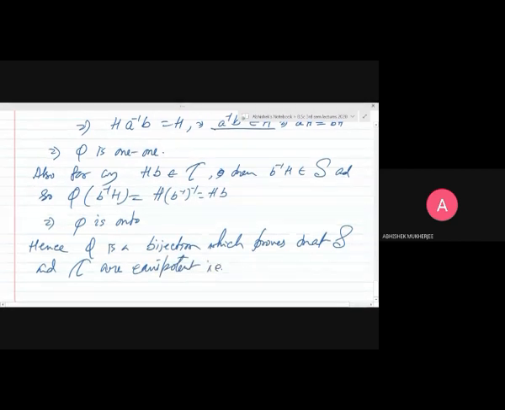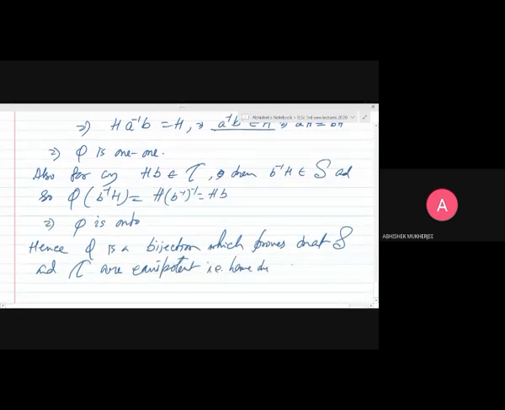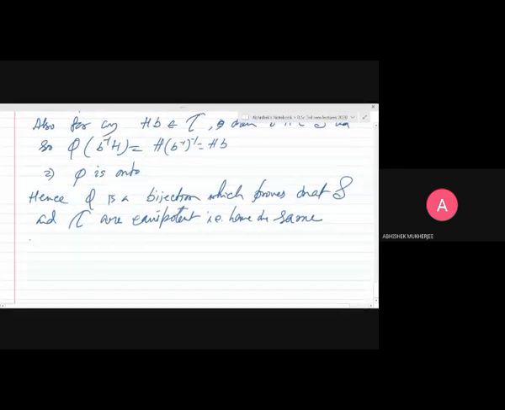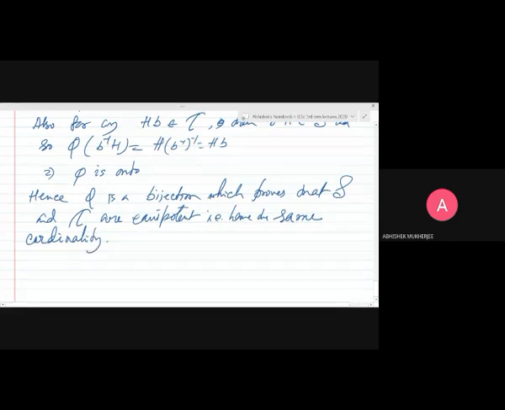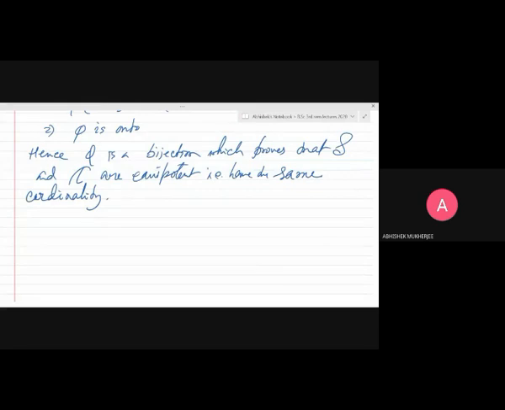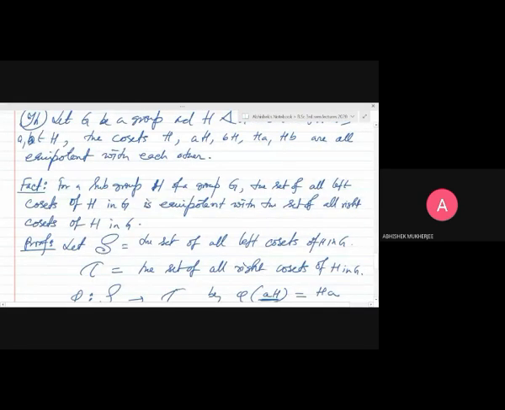That is, have the same cardinality, right? So they have the same cardinality. Okay, fine. So thus we have proved that the set of all left cosets of H in G is equipotent with the set of all right cosets of H in G. That is, the set of all left cosets of H in G has the same cardinality as that of the set of all right cosets of H in G. Okay,